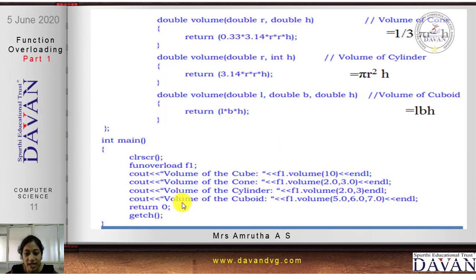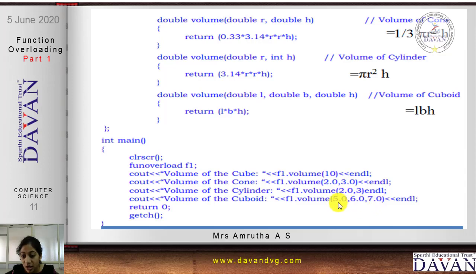Next, cout, display volume of the cuboid, F1 dot volume. I am using the object F1 for the class fun overload. I will call the volume function by passing 3 arguments of the type double, 5.0, 6.0, 7.0.